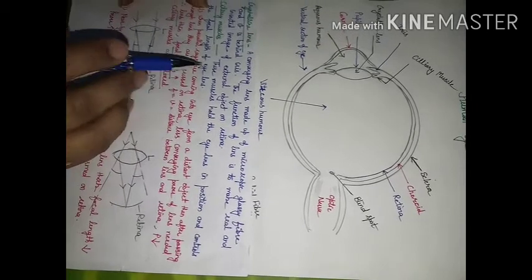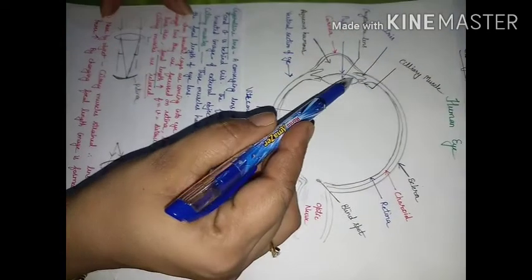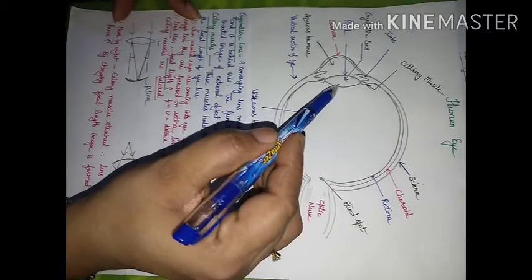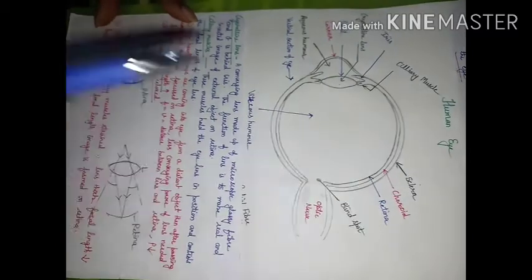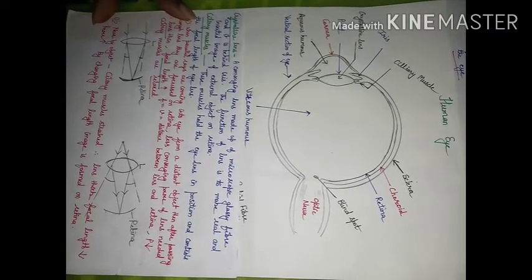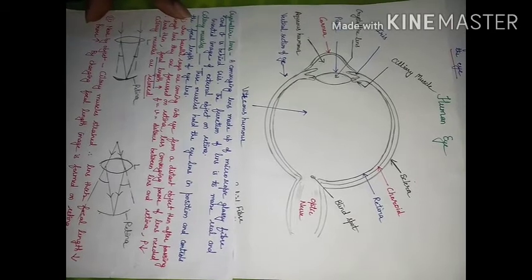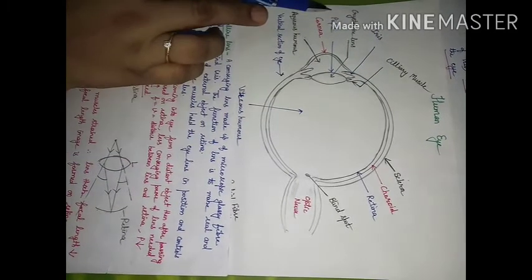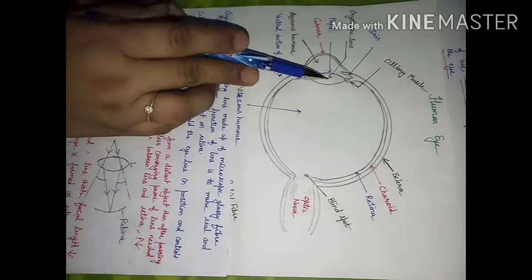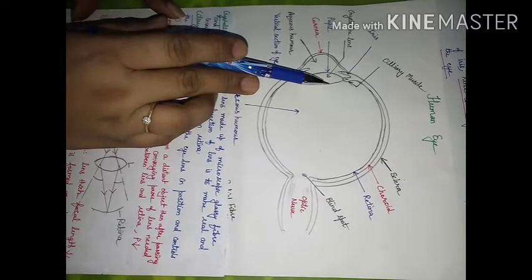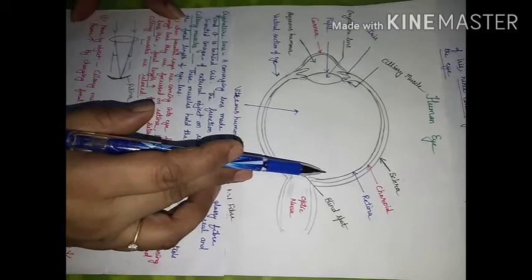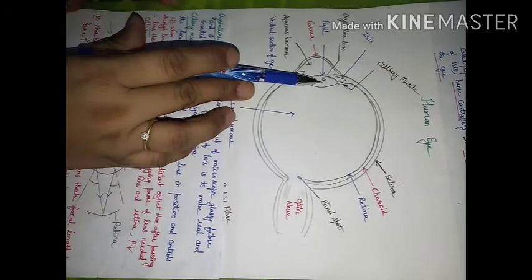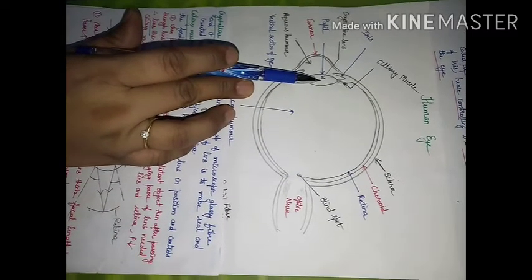Next part of human eye that we will consider now is crystalline lens. What is crystalline lens? This biconvex lens, converging lens that is present in human eye, which is made up of glassy fiber, is known as crystalline lens. And the function of this lens is, if object is kept here, then inverted and real image of that object is going to form on retina. So it is helpful in providing the necessary refraction of light.